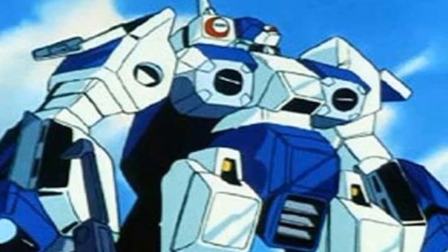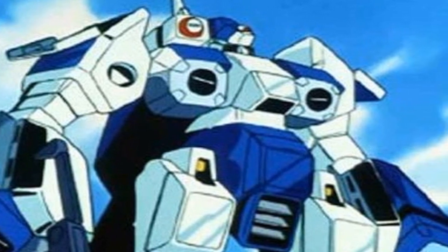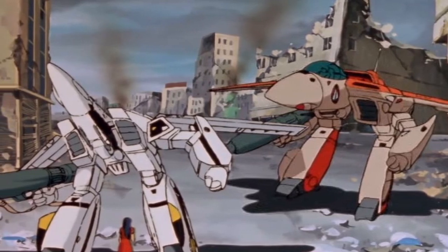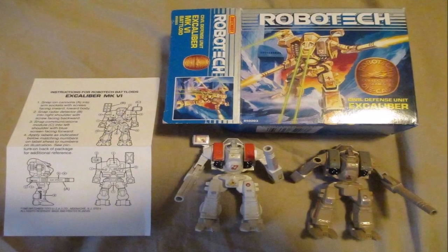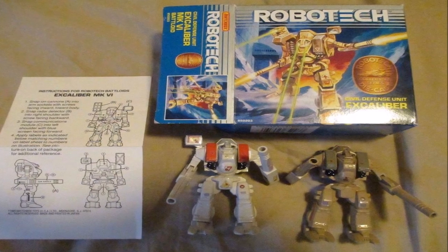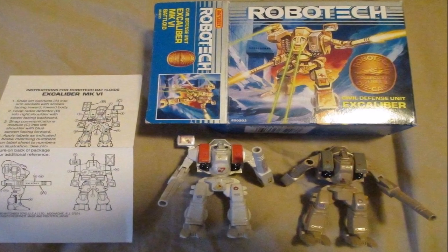Eventually, it turns out that the Zentradi were sent by the Robotech Masters to retrieve the technology on the ship, as it holds the only known means in the universe to produce protoculture, and so the Great Robotech Wars would begin. Now, these are die-cast metal toys that were produced in 1982 by Matchbox, and these were of the Robotech